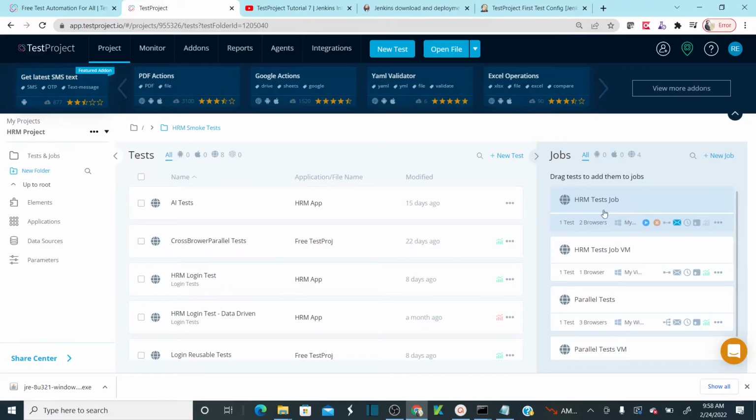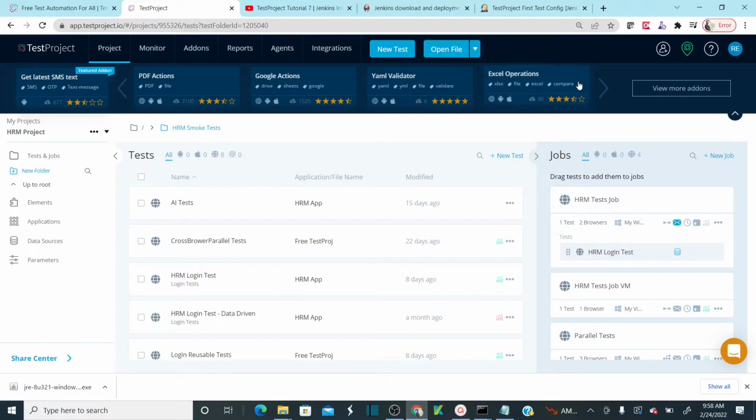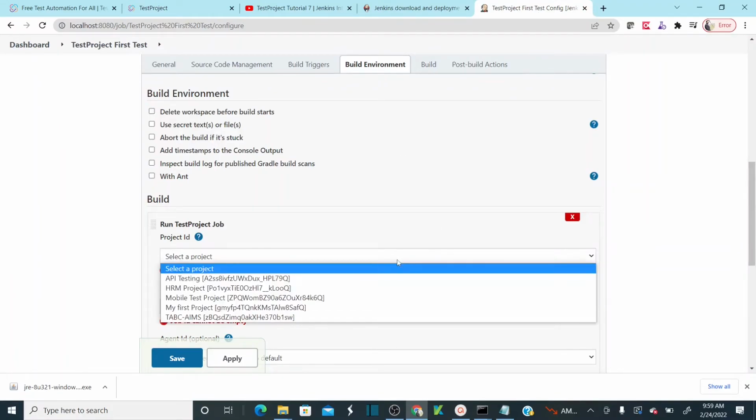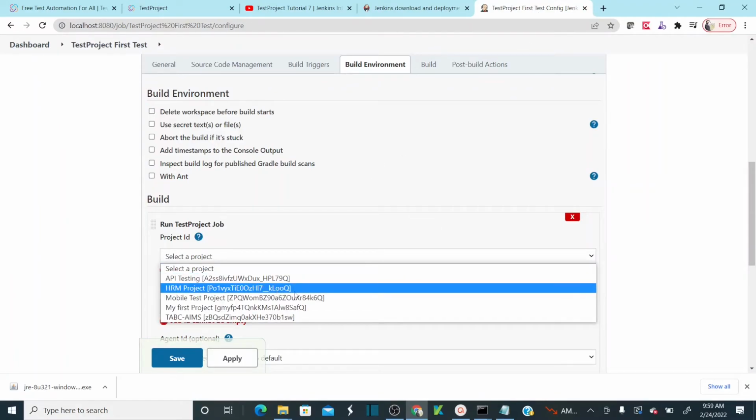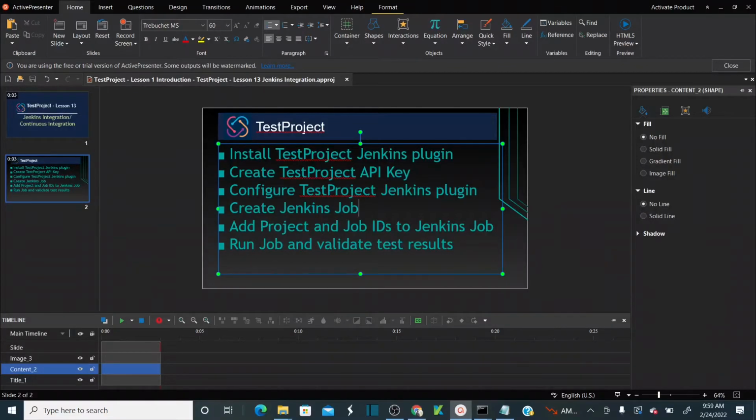So this job I would like to run, which runs one test in two browsers. HRM login test performed in two browsers. So what is the project name? HRM project. You need to select HRM project. This is one way, because it's a very latest Jenkins version, it's actually showing your projects. But otherwise, sometimes what we need to do is you have to basically